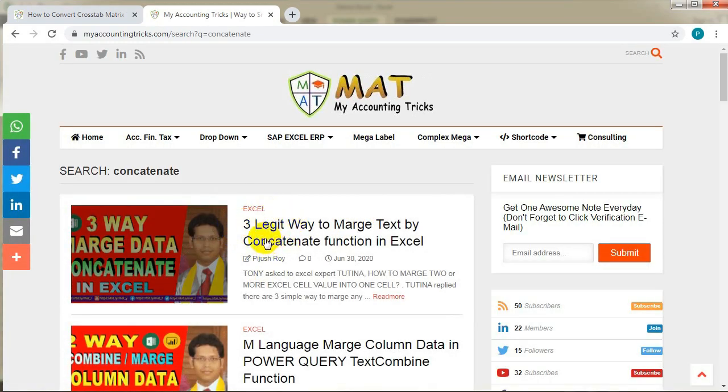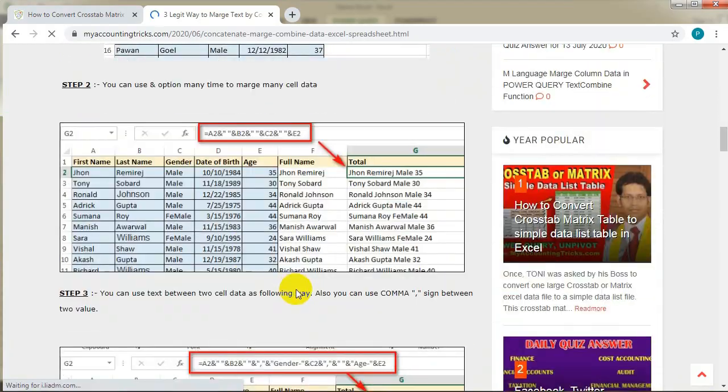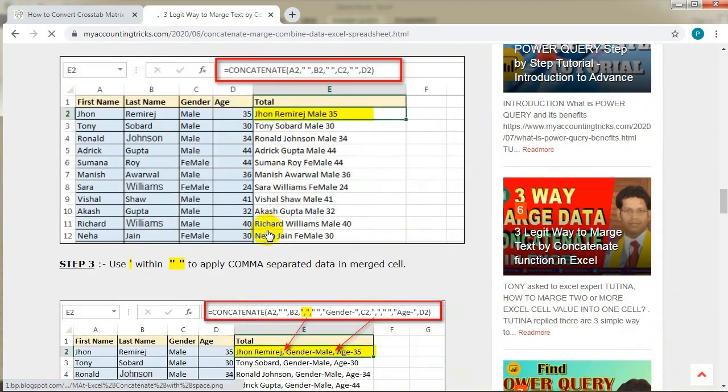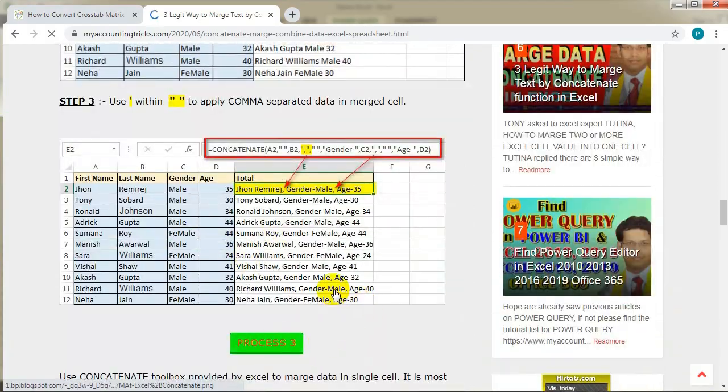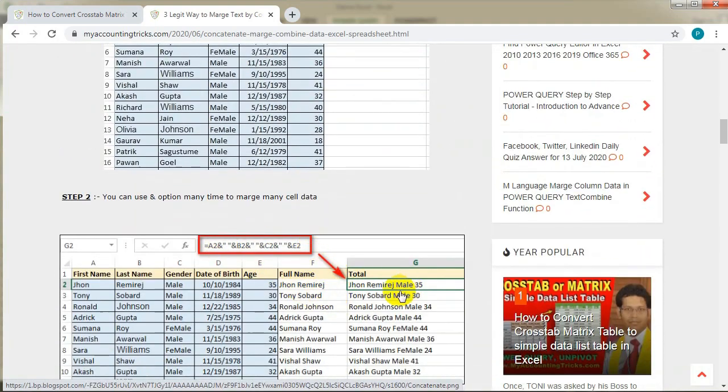Yes, these are the 3 ways to merge text in Excel: process 1, process 2 or process 3. Today I use process 1 for merging the data. Go to the Excel.